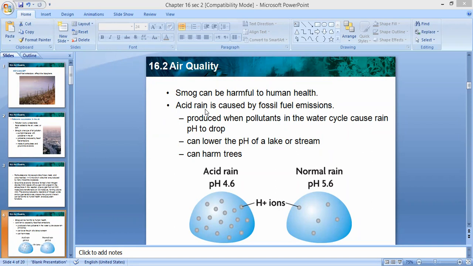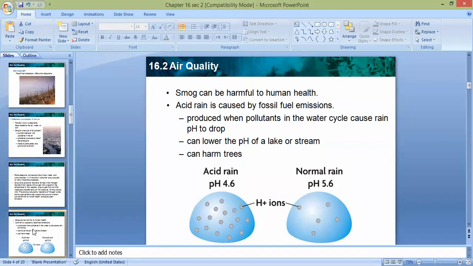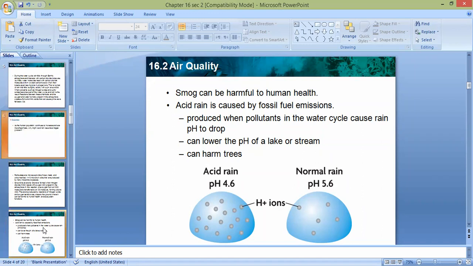So normal rain is a little bit acidic, a weak acid, with a pH of 5.6. But if more molecules exist in the atmosphere, like nitrogen dioxide and sulfur dioxide,